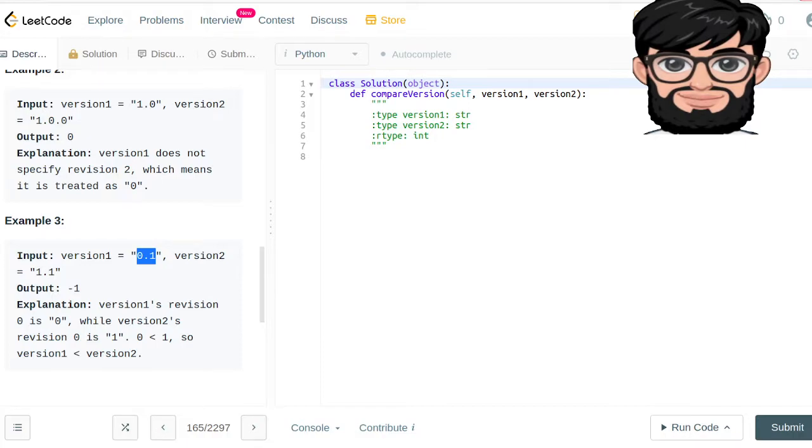0.1 and 1.1 gives -1 because version 1's revision 0 is 0, while version 2's revision 0 is 1, so 0 is less than 1, so version 1 is less than version 2. Makes sense. So the way we're going to be doing it is, first of all, parsing these